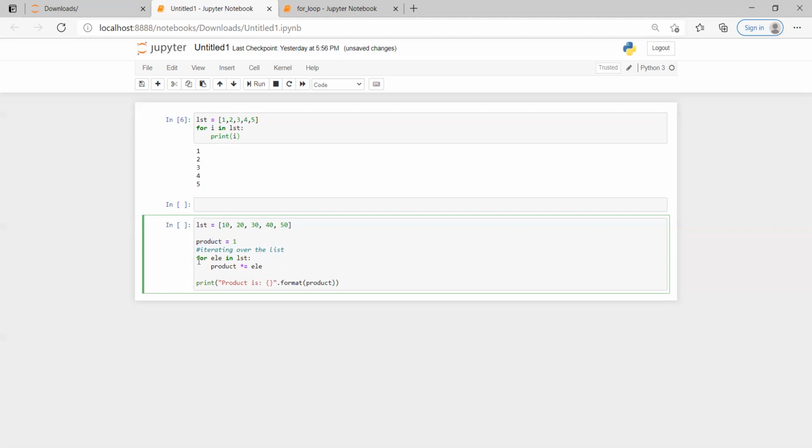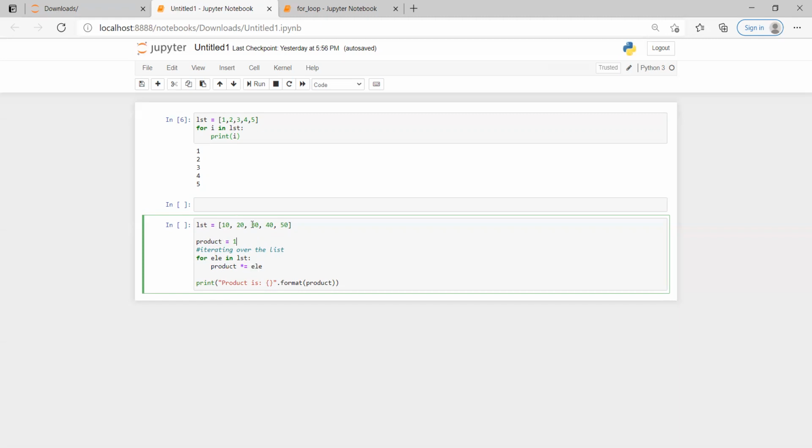Initially, for each element in the list, the value will be 10. Product is equal to product into element. So product is equal to 1 into 10, which is 10. The next value will be 20: 20 into the previous value 10 gives 200.